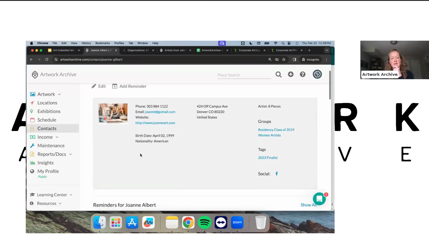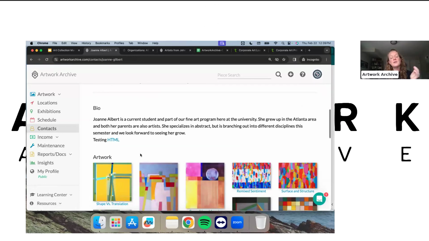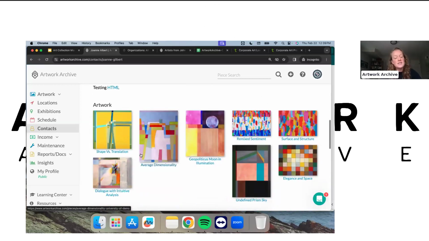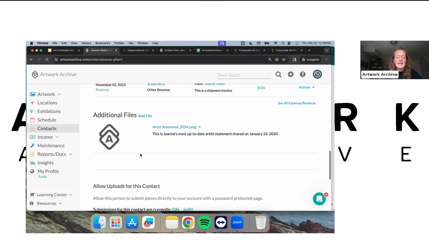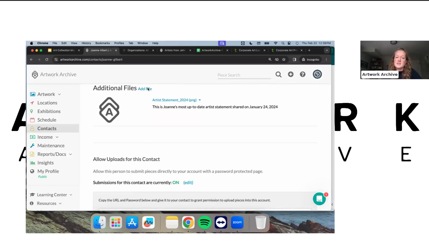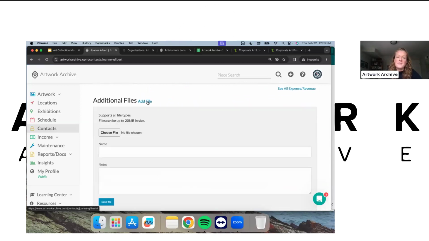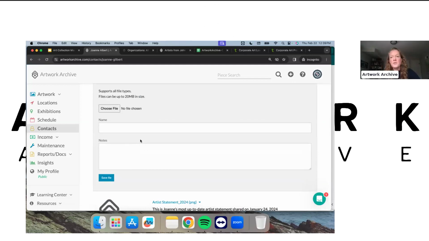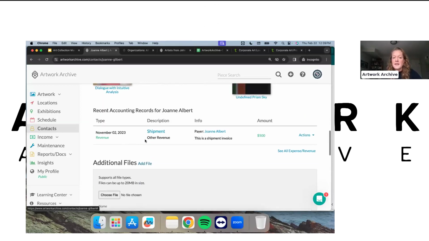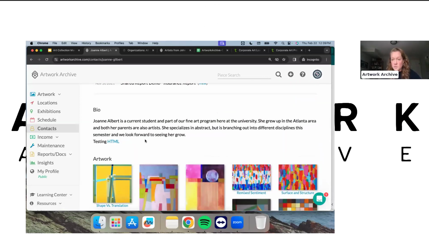There's a couple of answers to this. You can attach any type of document to a contact record, any contact record, any person. So that's under additional files. And the file type can be a video, an audio file, a PDF, an image. And you can save that to the record. If you want it to be publicly viewable, then you can include the HTML in the bio. So for the contact, say it's a press release,